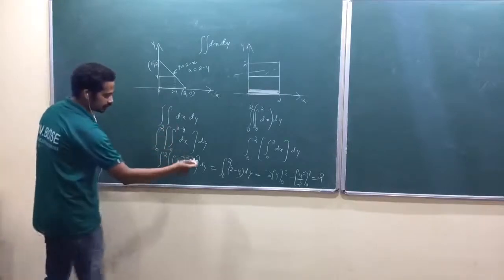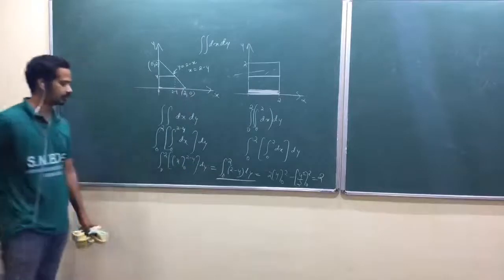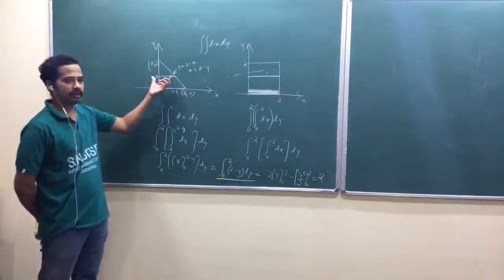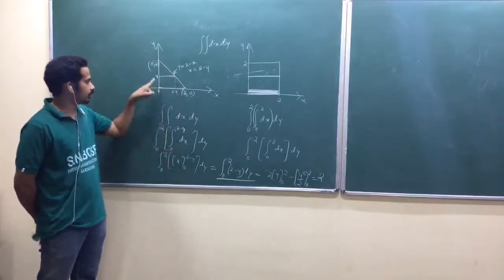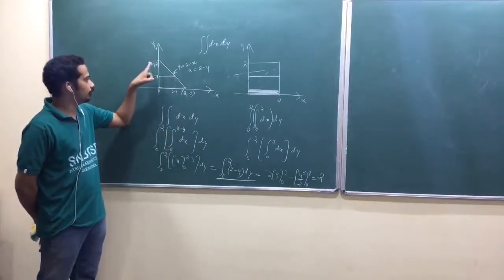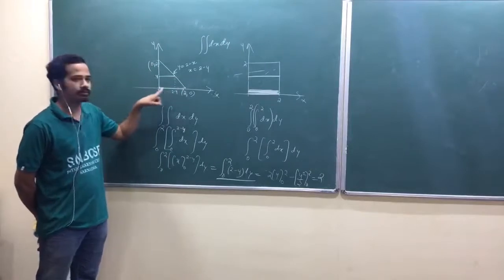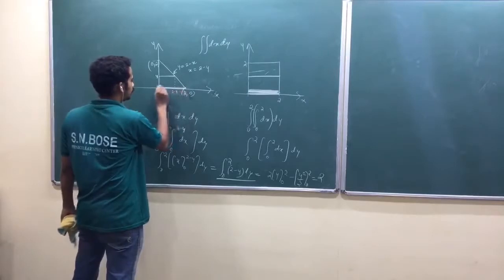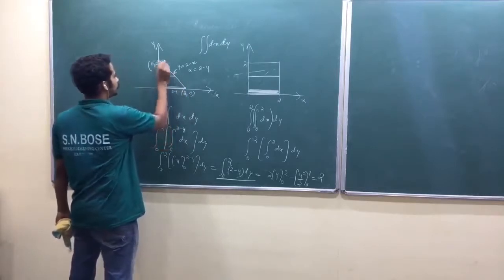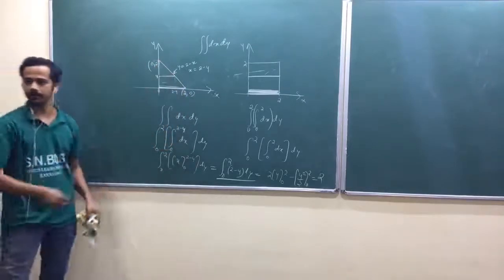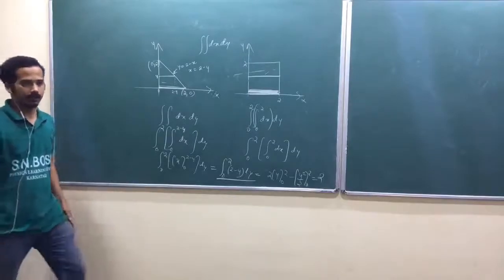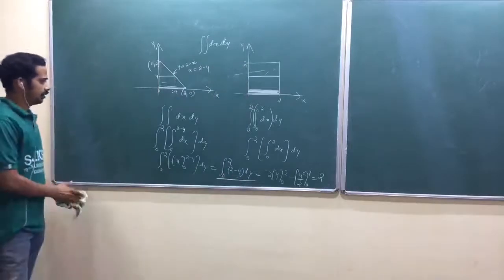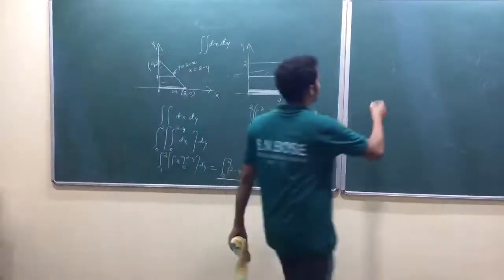Now look at here, this is the main part actually, 2 minus y dy, am I right? 2 minus y is the length of this line. When you run y from 0 to 2, when y equal to 0, length equal to 2. When y equal to 2, length equal to 0. You are adding all of those lengths, that becomes area. Is that okay? So now let me try to share some animations on this one.